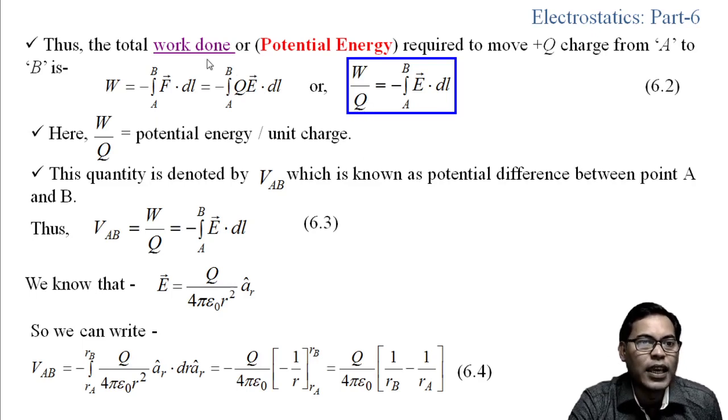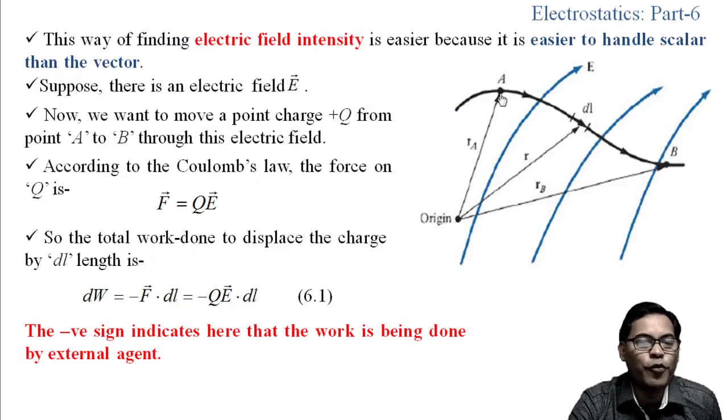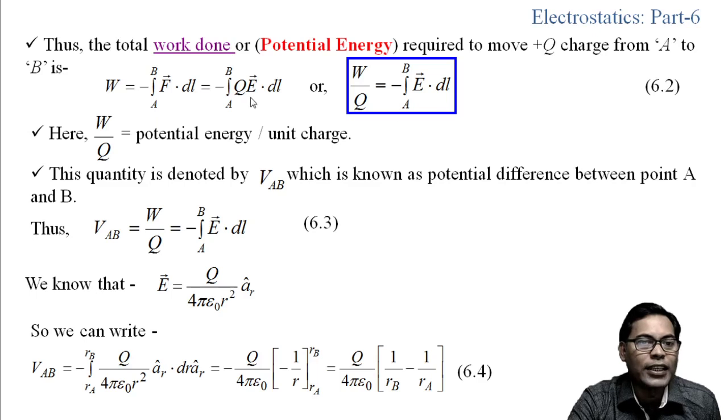If, instead of plus q charge, we consider one positive unit charge, then the total work done will be W by Q. So we get W by Q equals minus integration A to